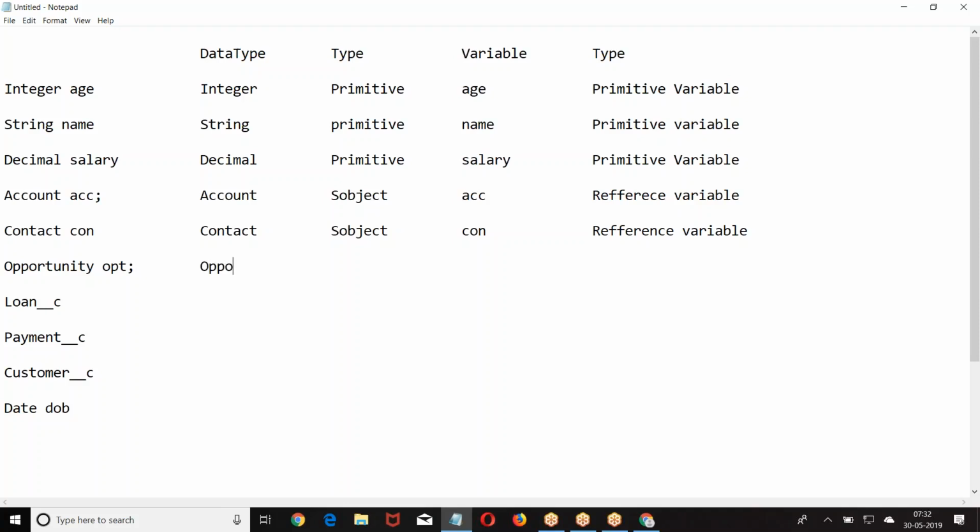Opportunity S object, OPT. Loan S object, reference variable.